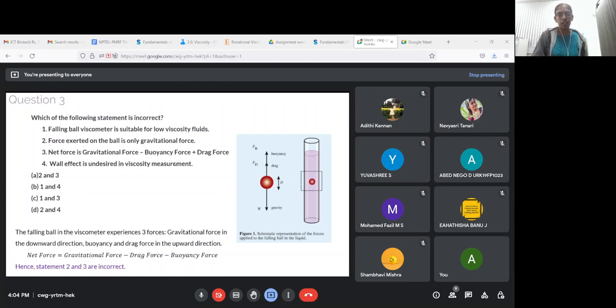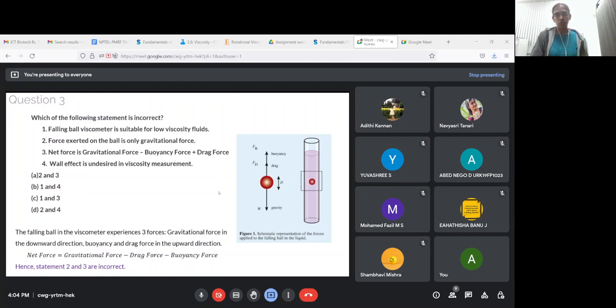So, in case of viscosity measurement, it is always preferred that the wall effect is neglected. In order to prevent the wall from having an effect on the ball falling, you need to make sure that the ball size is extremely small. That is, the diameter of the ball is less than 1/10 of the diameter of the tube. Only then will the ball be extremely small and it will fall in the center of the tube. So the effect of the wall will not be experienced by the ball. The velocity that you will observe will only be because of the liquid stopping it rather than the wall stopping it. I hope this is